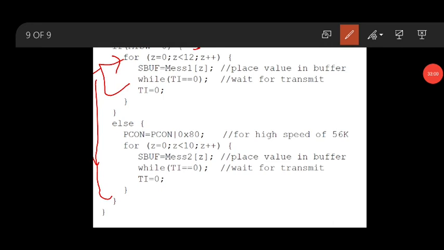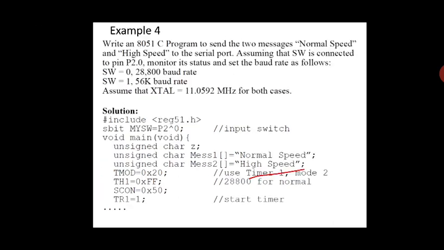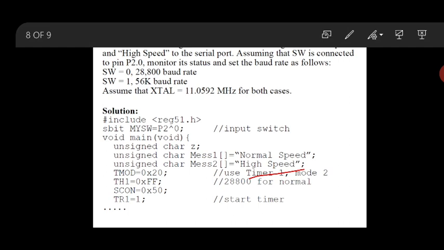Okay, it won't enter into the else part, because now it will go back to the main program. Now if I set my SW equal to 1, the switch is 1. It depends on the user. If it is 1, all the data bits will come here up to TR1, the same process here.